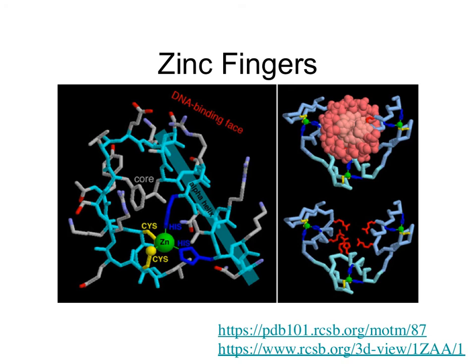If you go to this website, the Protein Data Bank, you can actually explore a zinc finger protein on your own. I'm not going to expect you to know this in detail, but I wanted to at least show it to you. And so this is just a screenshot that I took when I was looking at it. And so we have the zinc and the cysteine and the histidine,